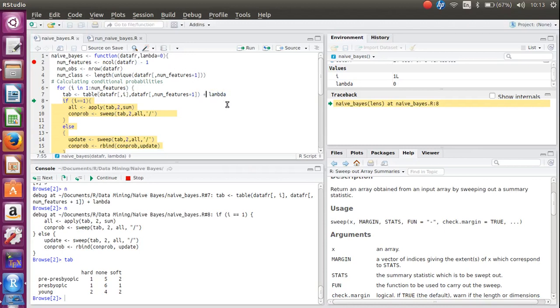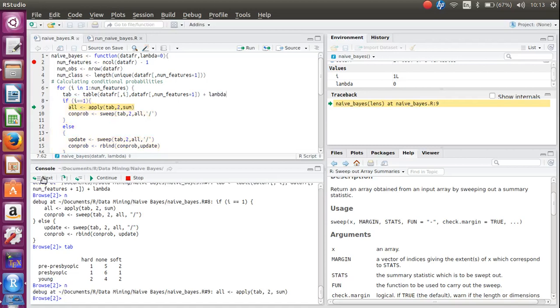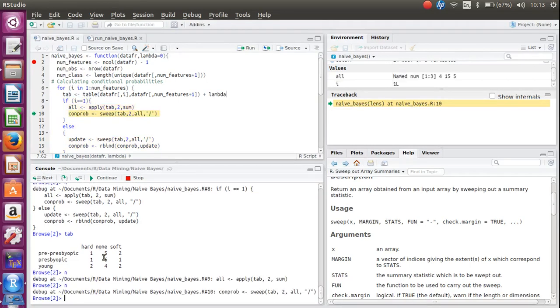Okay, so the first thing we're going to look at here, we've got i is 1, so yeah, we've done that first bit. Let's step again and see what these different things do. So all, because it's very much like what we just did before, all is going to sum